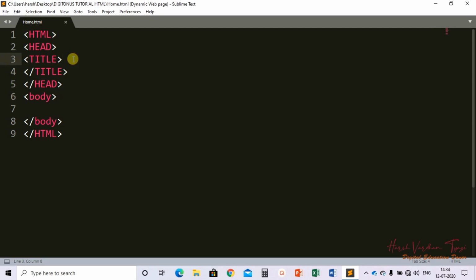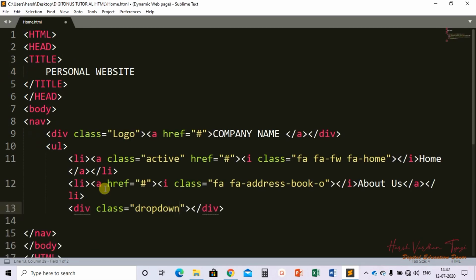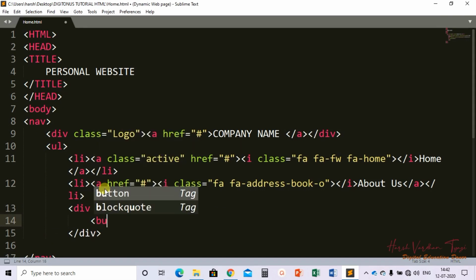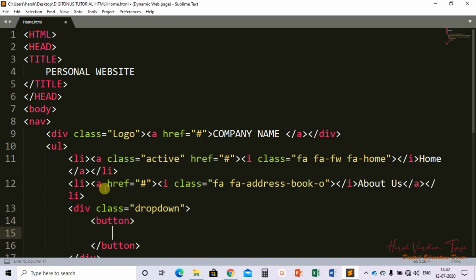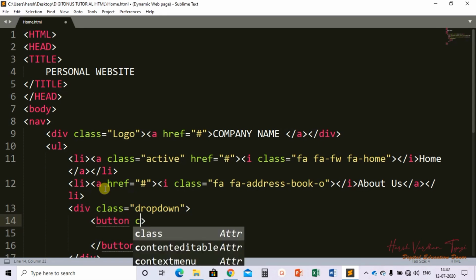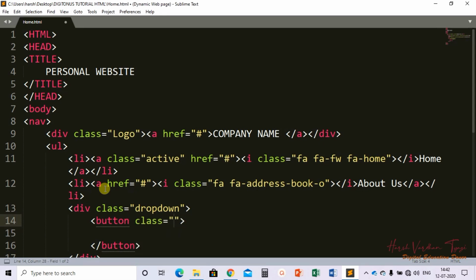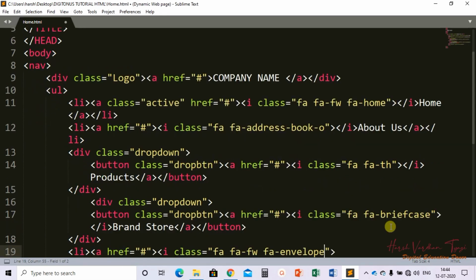Now this is the title part. You all know when we have to give a title. I am writing it as drop down. The class name I am giving it is dropdown. Fine. Now we have to create a button. Inside this button I am creating another class, that is envelopes.